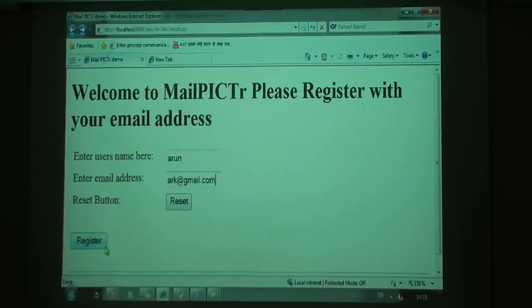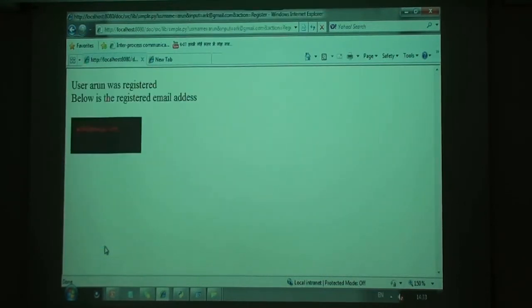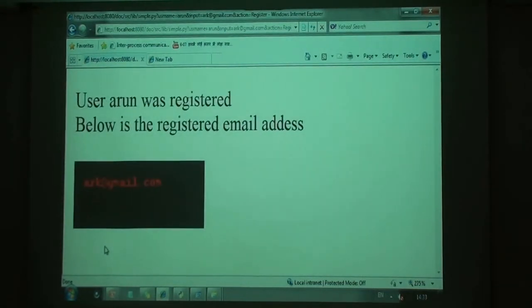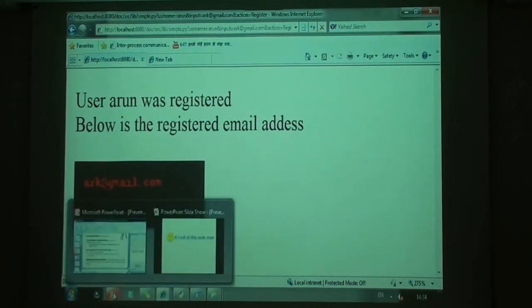And when I say register, what this does is it generates my email address and stores it in the server, but it doesn't store it in the text form, it stores it in the image form. So when a harvester is sent onto this server, or it actually harvests this web page, then it could not make sense of, or read, the email address because the image would discourage it from doing so. And in such a course, the spamming can be prevented.